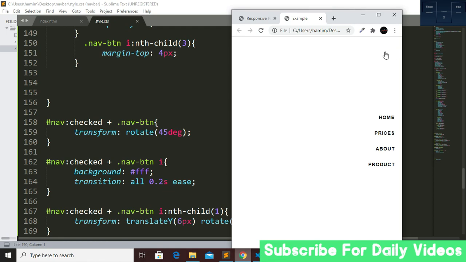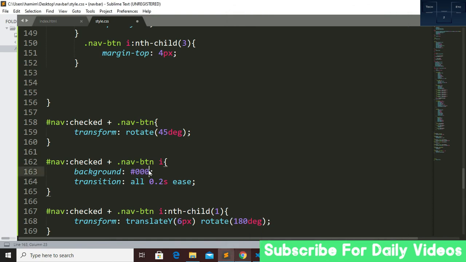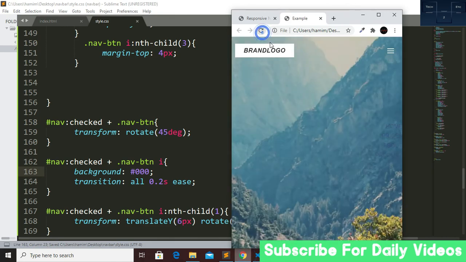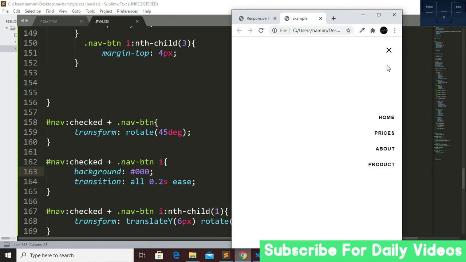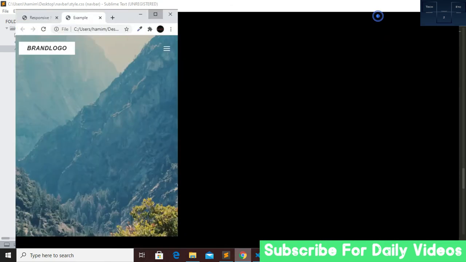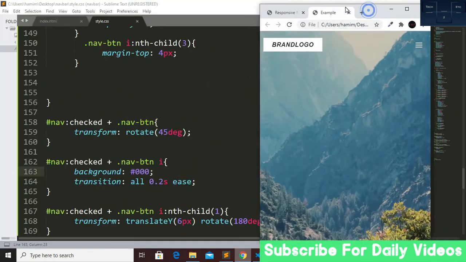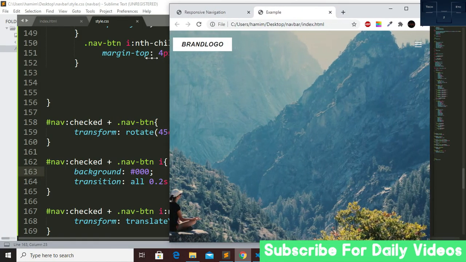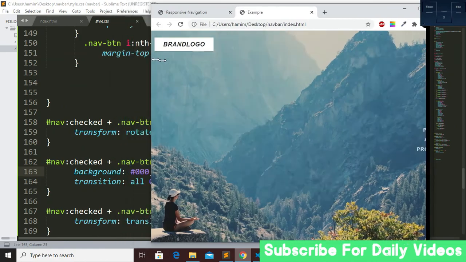So this is white also, so we have to transform this to black. So that's why let's change the color. This will be black. If we now save and just go and refresh, yeah, this is now showing black. So here you can see that our navigation is fully responsive in every screen size. This is working.